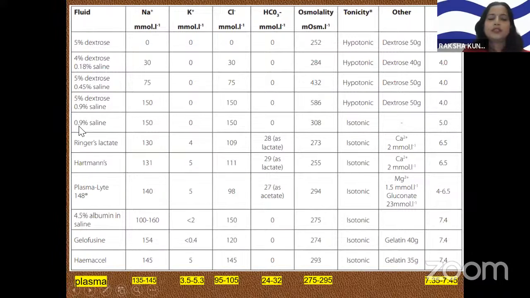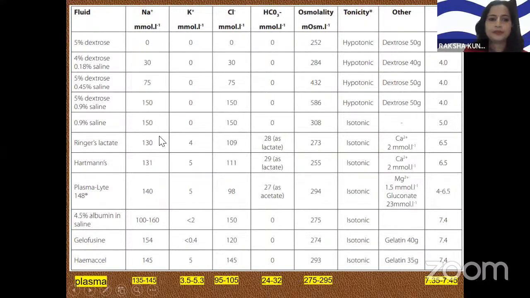Normal saline, 0.9%, has 150 sodium as well as 150 chloride, and its osmolarity is 308. The osmolarity 308 is in the range, so we can say it's isotonic,